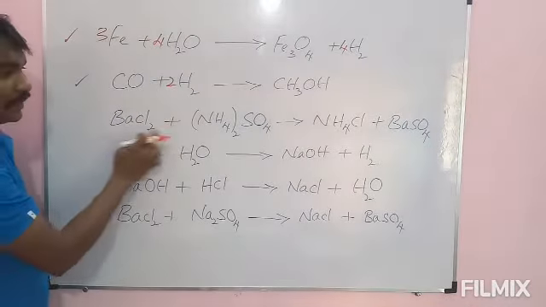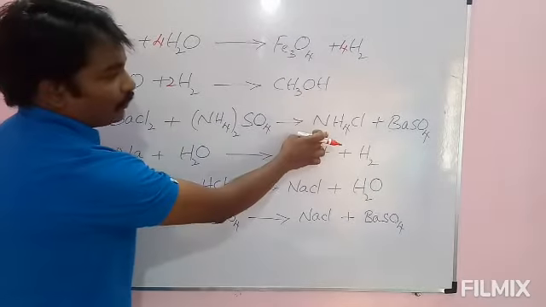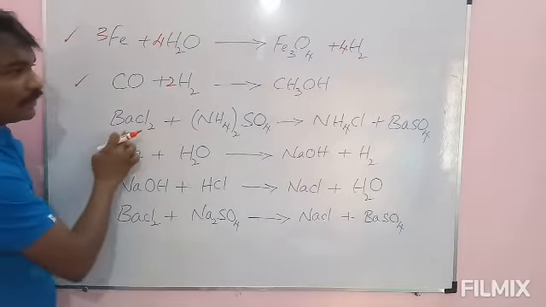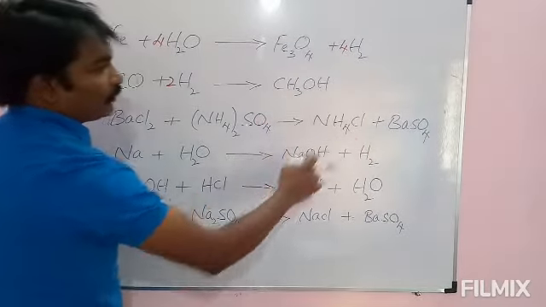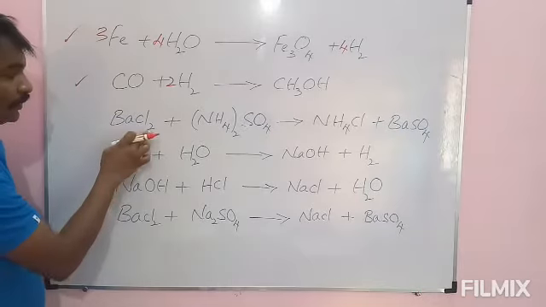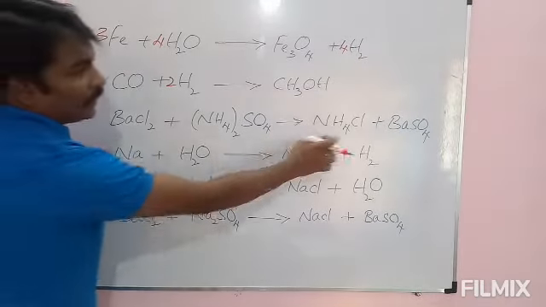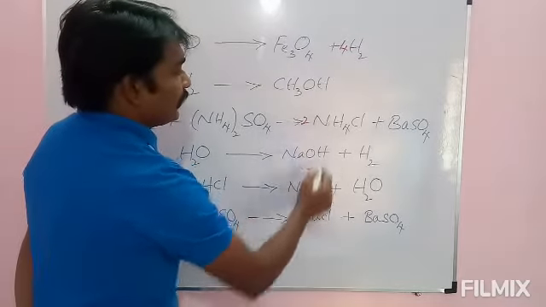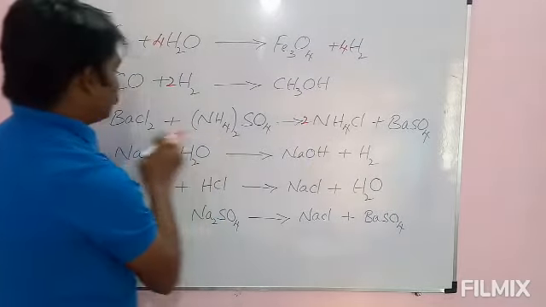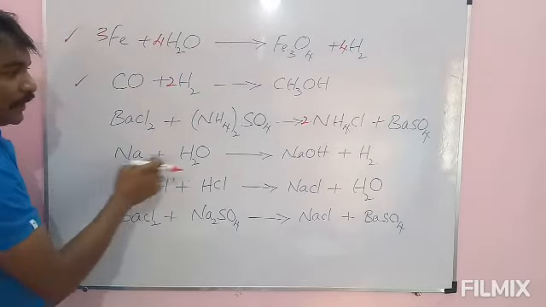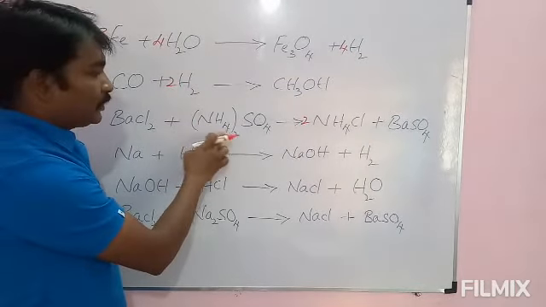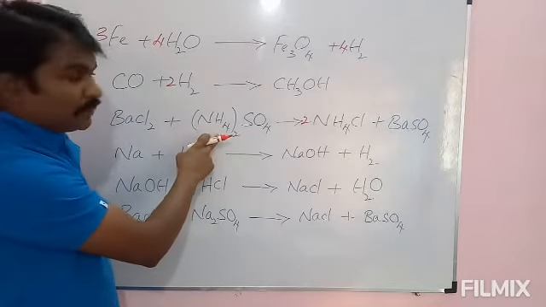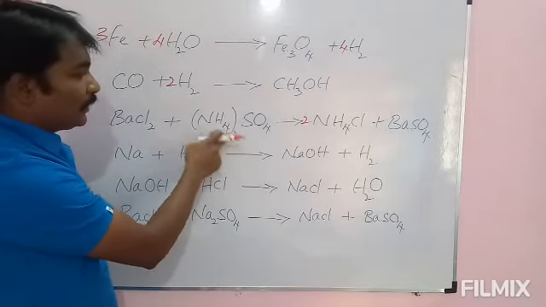Next, barium chloride reacts with ammonium sulfate and it gives ammonium chloride and barium sulfate. Barium 1 is there, 1 balanced on both sides. Chlorine 2 atoms are there here. Here 1 is there. To make it 2, write 2 here. Then 2 chlorines balanced. And here NH4 twice, in the sense this 2 belongs to both nitrogen and hydrogen. 2 nitrogens, 4 into 2, 8 hydrogens.